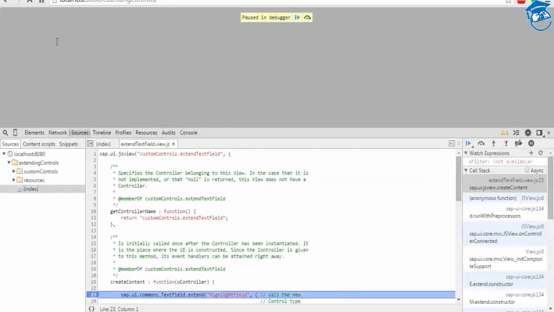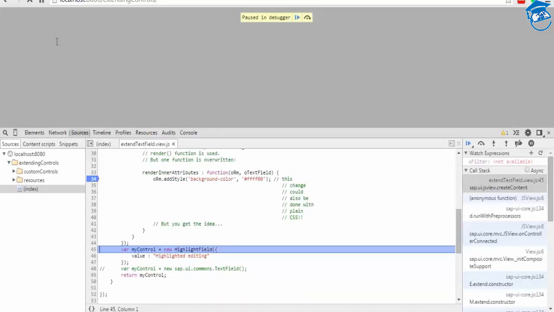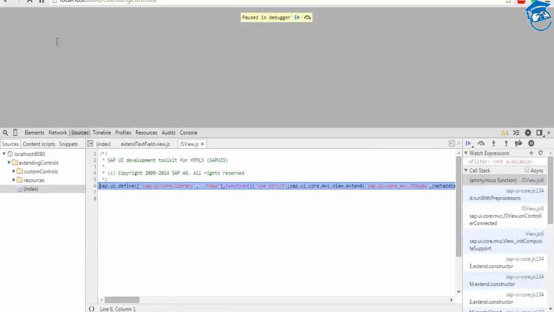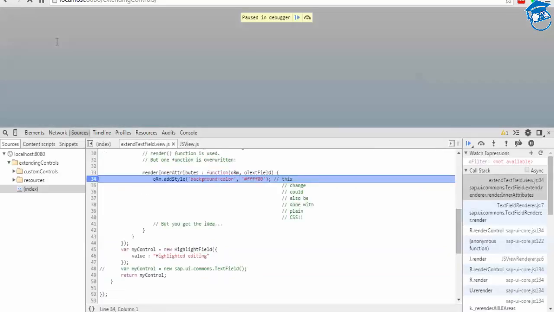it has to go here first, and then this control, and it's a callback method. Yeah, it's a callback method, right? So what we are doing is onAfterRendering.